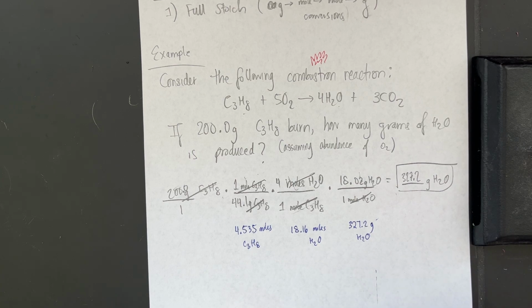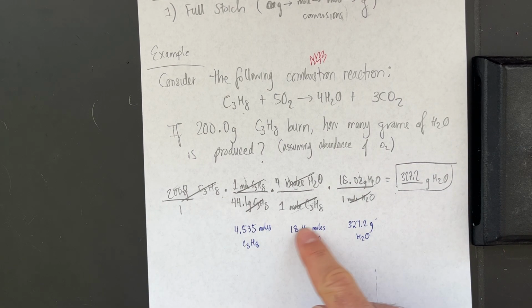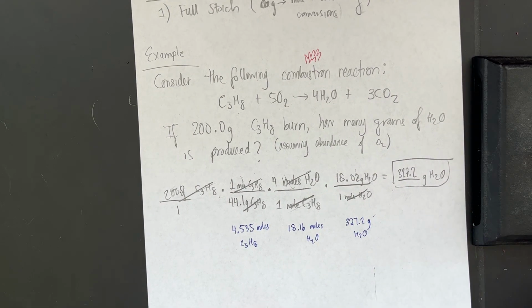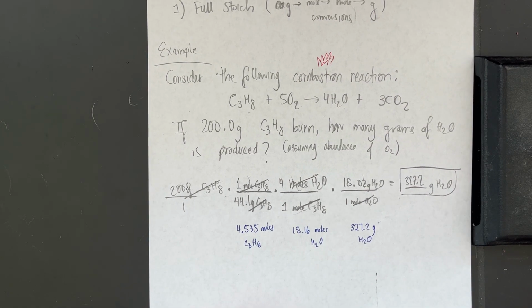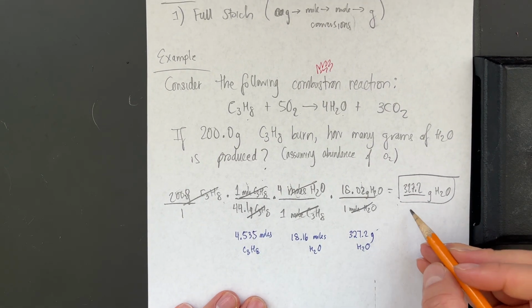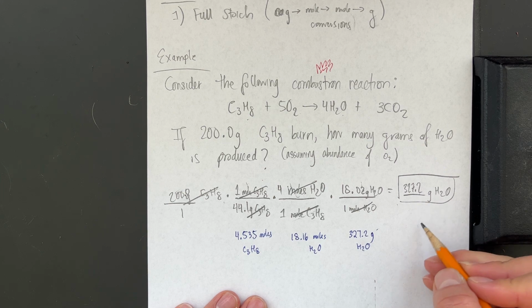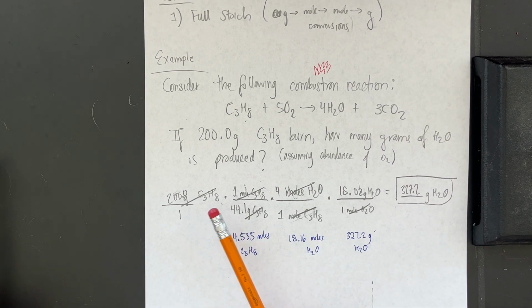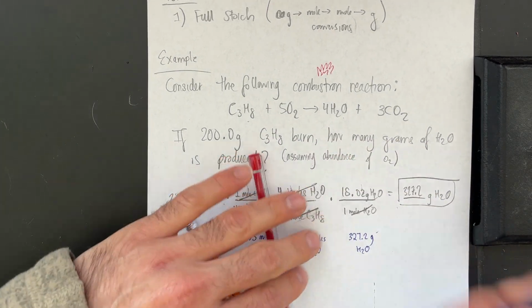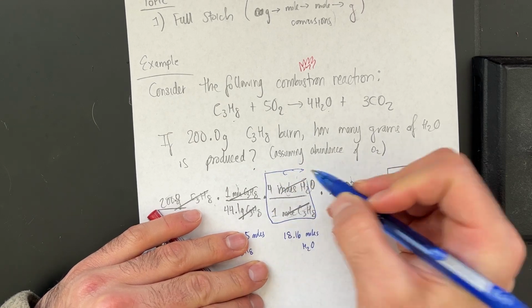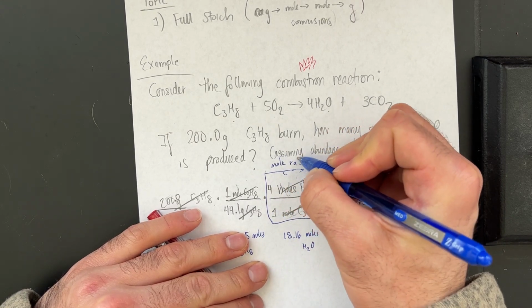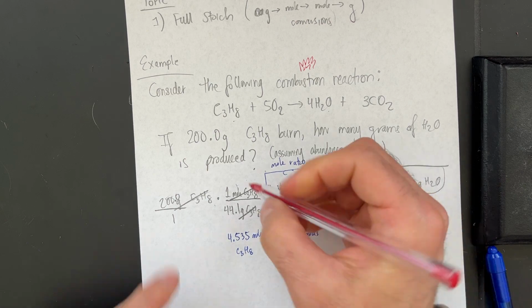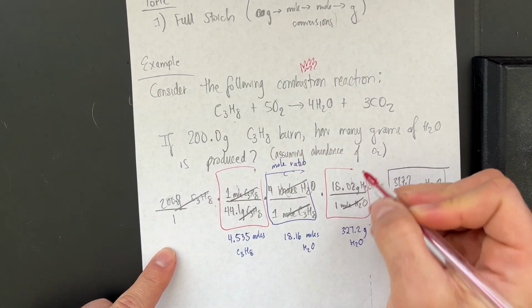It saves you so much time. But you could kind of do it in between. Just be careful about rounding, okay? But anyways, point is, we get 327.2 grams of H2O by doing 3 steps. We had our mole ratio, so let me put that in blue. We have our mole ratio here, and we sandwich it in between 2 steps of molar mass,